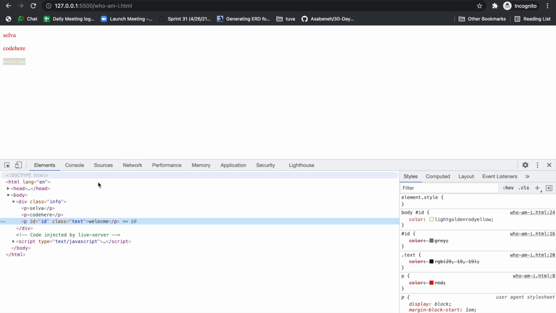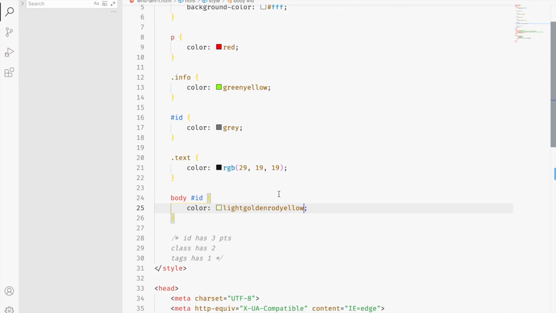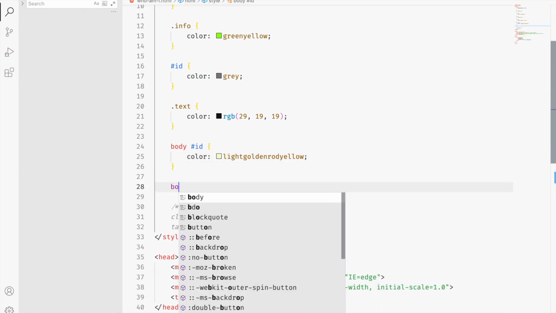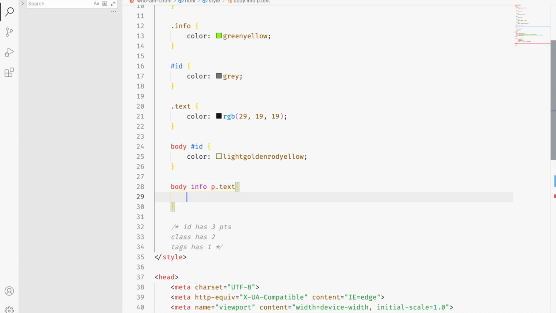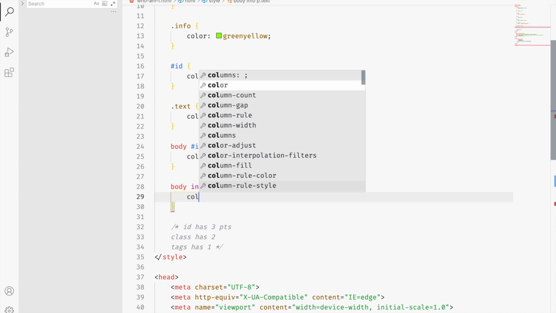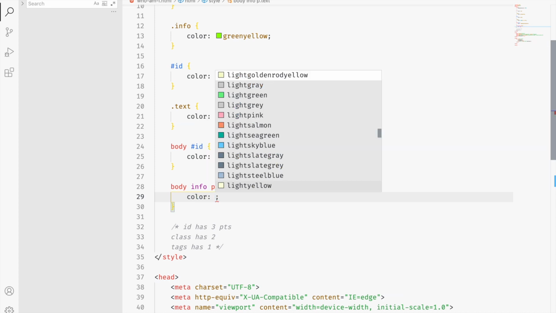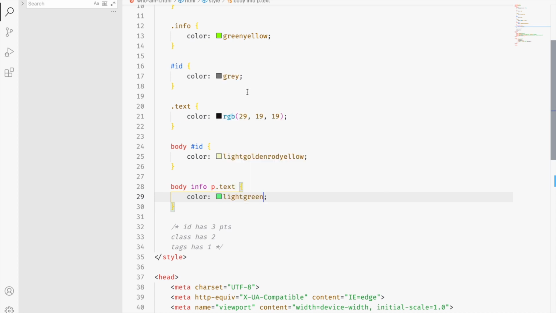So this is the way how we can override the IDs, but you never ever override something like this. It won't work. From text, p.text, from info, p.text, color, something like green.